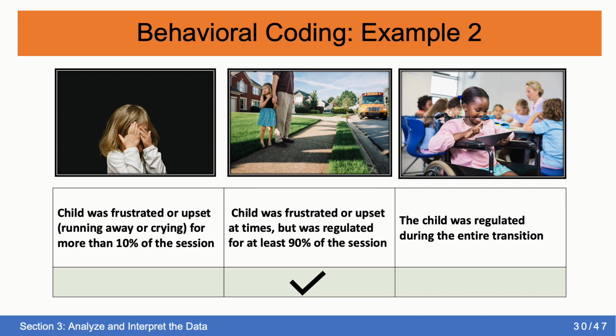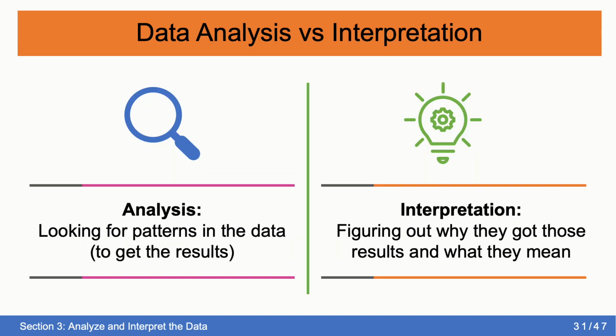A coder will watch the video and put a check mark under the number that best describes the child's emotions while changing from being at home to being on the school bus. Once all the data is coded and prepared, it's time to start data analysis and interpretation. Data analysis is the process of looking for patterns in the data. Interpretation is when researchers try to figure out why they got the results and what they mean in the context